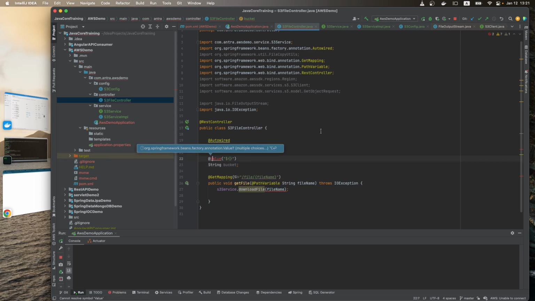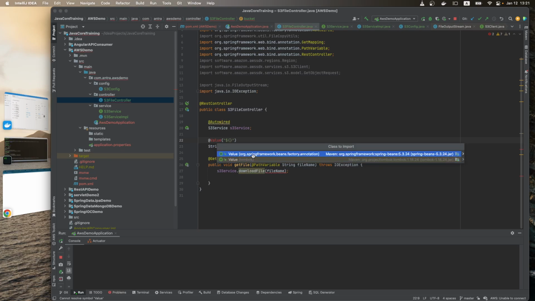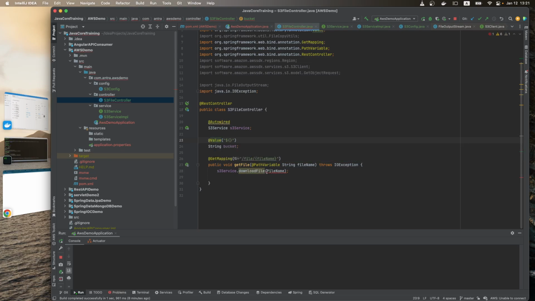We can put this in the service or in the controller. It depends on whether you have multiple buckets for different controllers, but let's just put it here for now. Import the class here, and we can just put the bucket here. So then this value annotation will read this here, and we can just put any random one like AWS dot